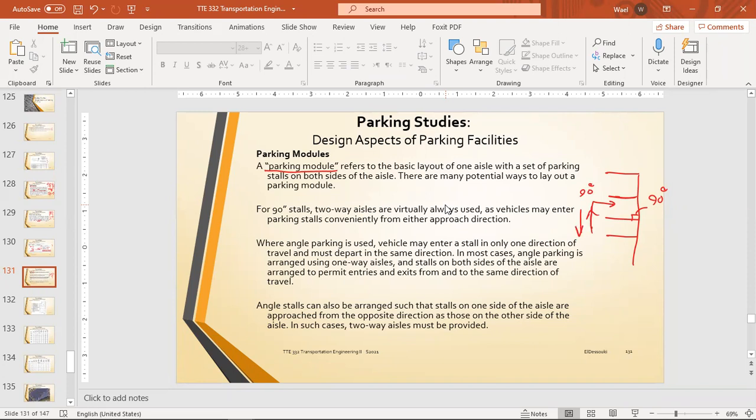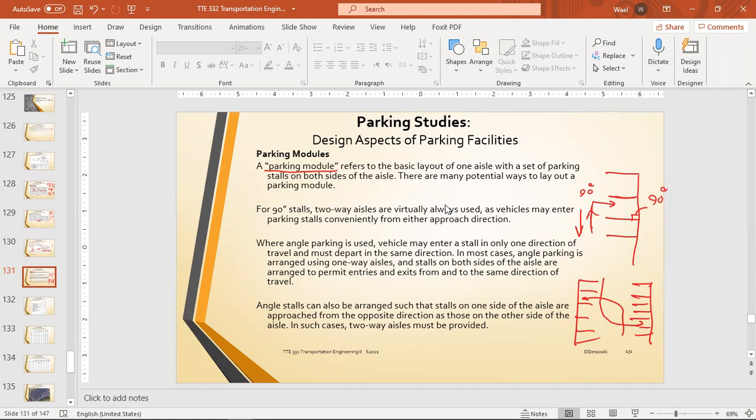Okay, are virtually always used. This is the most commonly used, as a vehicle may enter a parking stall conveniently from the other approach directly. People prefer this parking because you are moving here and turning comfortably, and the one moving here turns comfortably, no problem. Okay, where angle parking is used, a vehicle may enter a stall in only one direction of travel and must depart